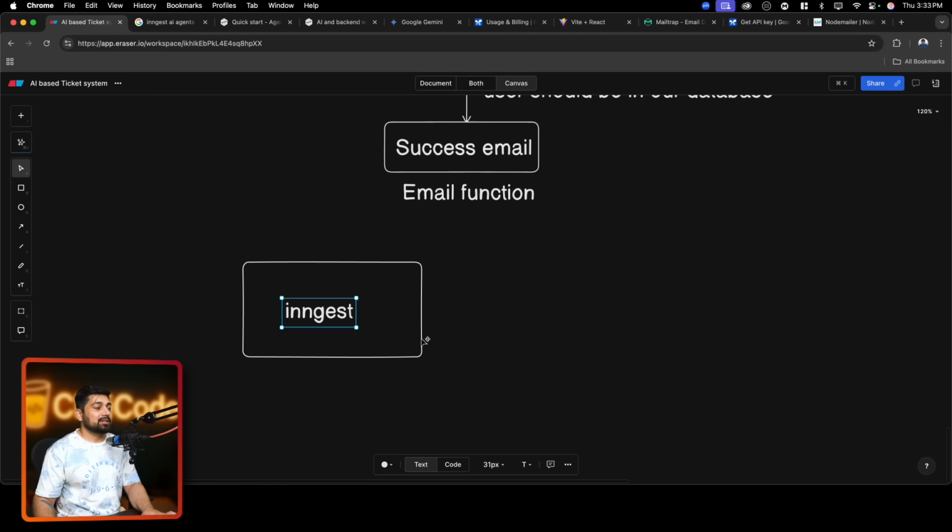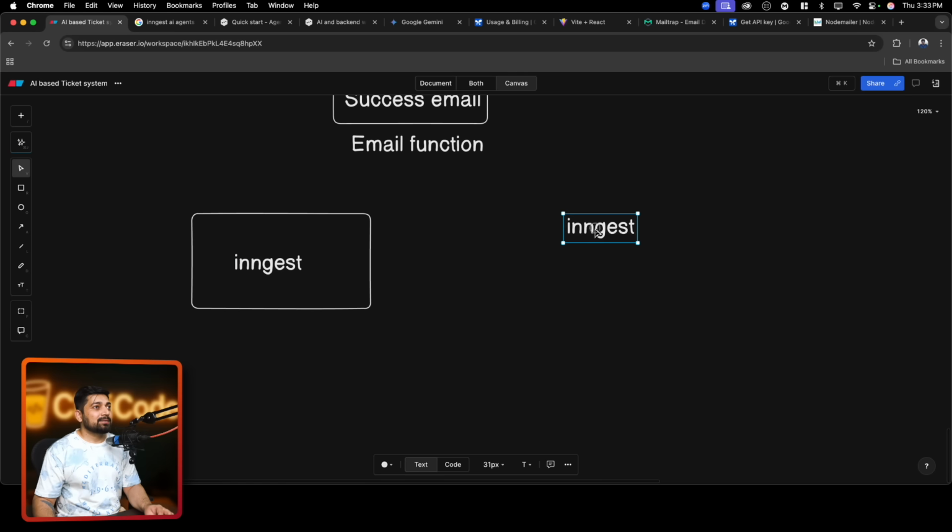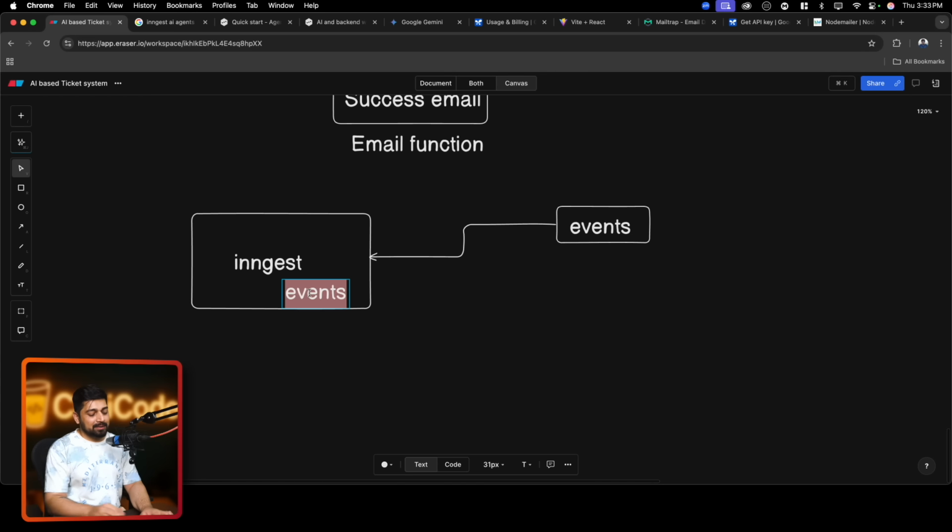This is our ingest. Now the job of the ingest, as we saw in the diagrams, is to receive a lot of events. This is an event-based architecture. So somebody needs to notify that, hey, this event has been triggered. As soon as this is notified, based on the type of event,